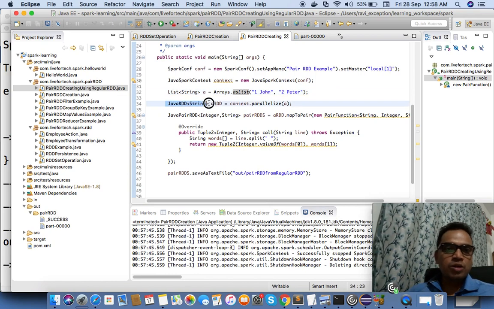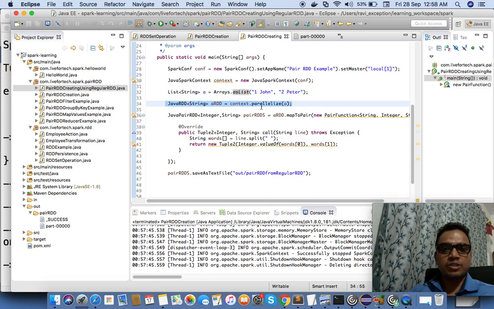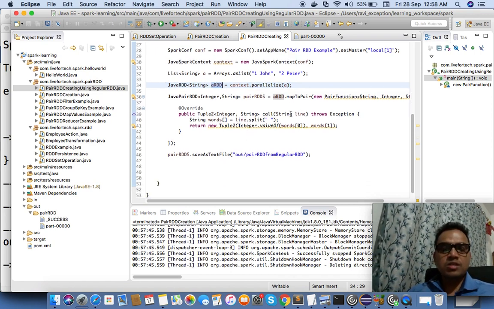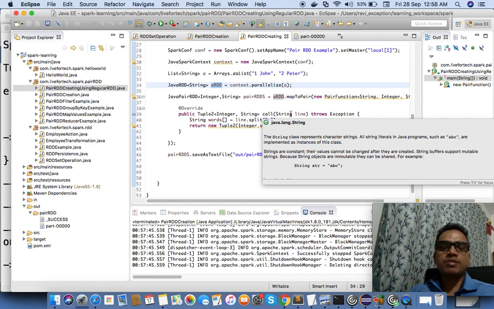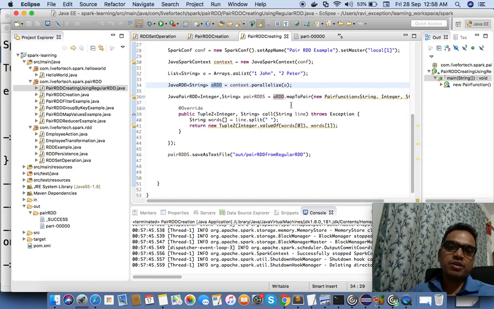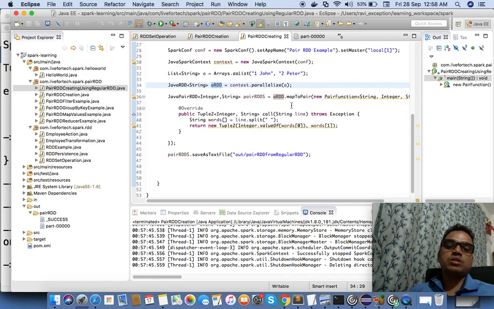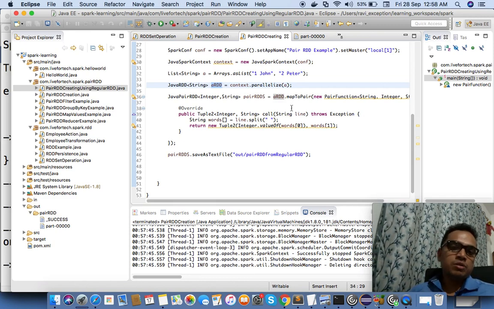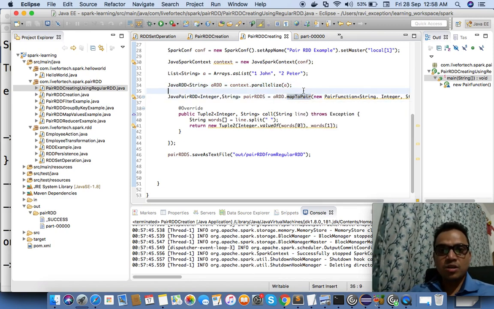I created a regular Java RDD using context.parallelize, so I got a regular RDD. Now, in the previous transformations we saw RDD.map, which iterates through each element and can return the uppercase values or objects. Here we are using mapToPair. What it does is, each